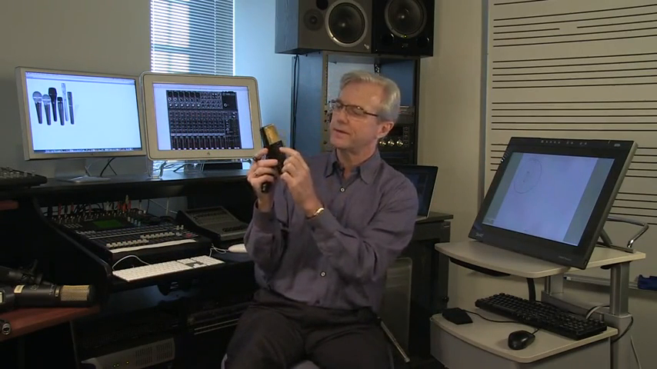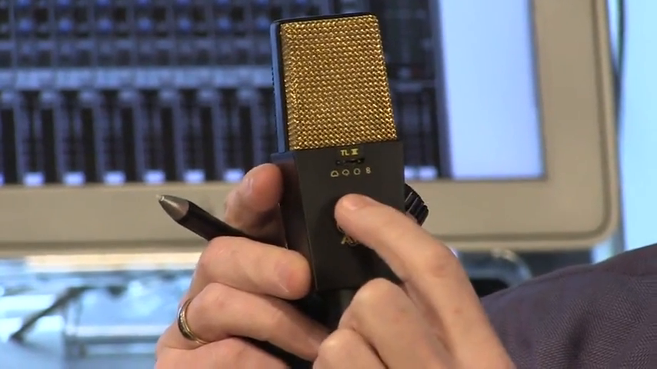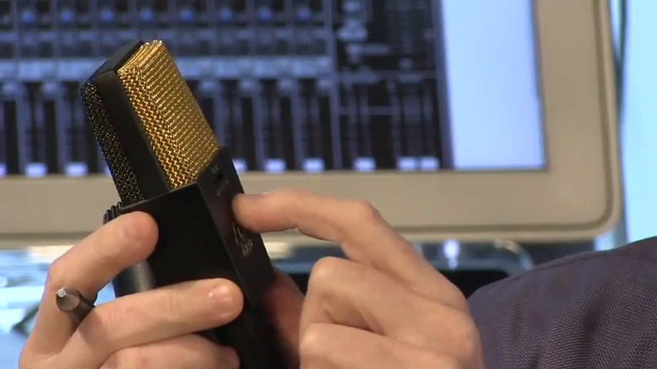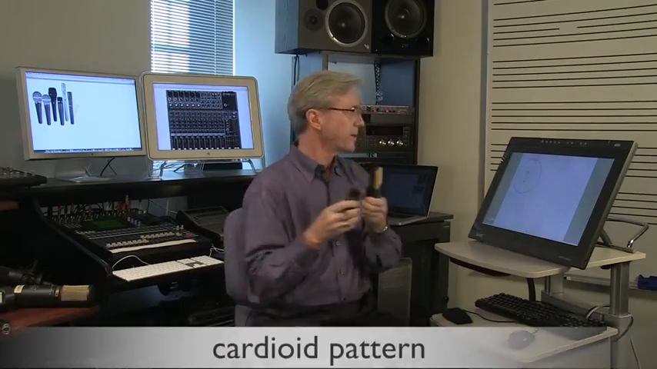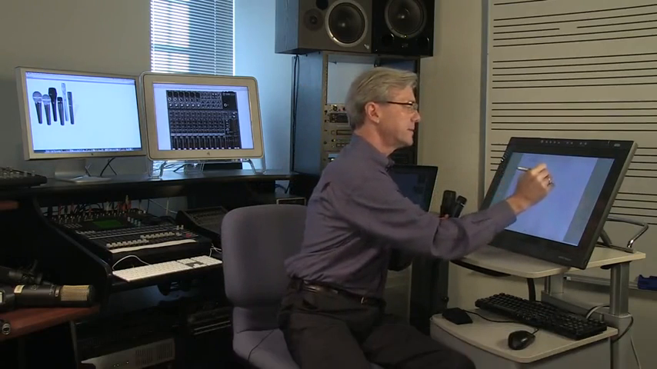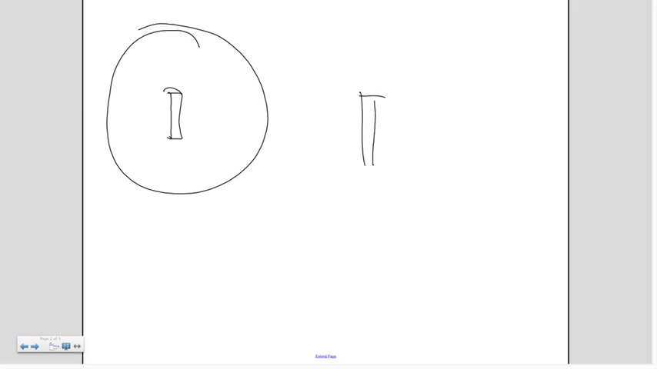If you can see right here, there's a switch on this microphone which allows us to switch to the various polar patterns. So this one you can actually change from the omnidirectional to a cardioid pattern. A cardioid pattern is going to have a different kind of pickup pattern. So a cardioid will give you